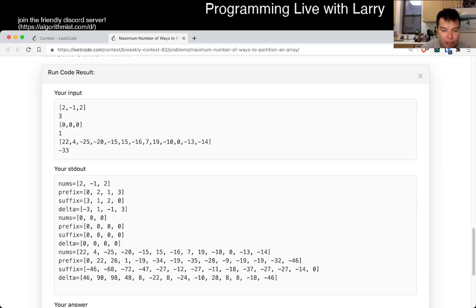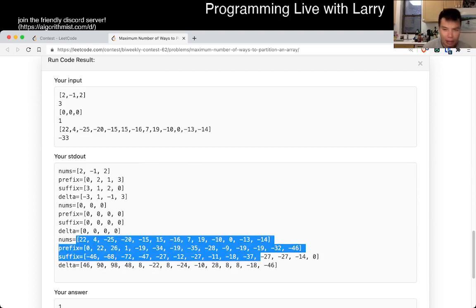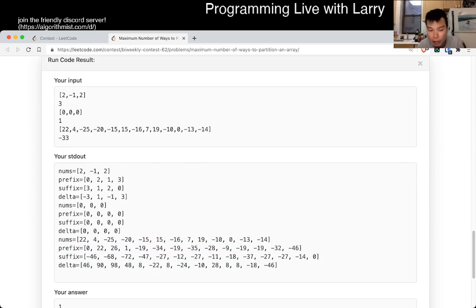So yeah. So this one, you see that this is the nums, and the prefix is just prefix sum, is a prerequisite for this problem probably. So definitely, if you have any confusion here, definitely spend some time doing prefix sum problems and see how you can figure it out. So in this case, we have the prefix sum,